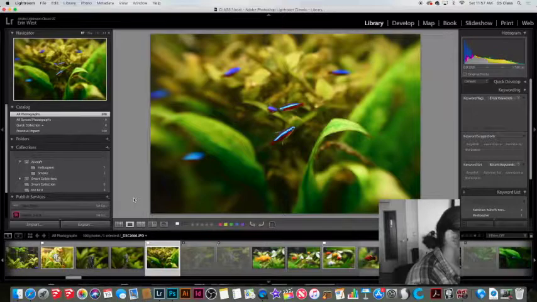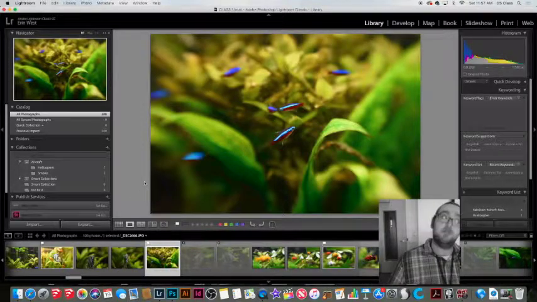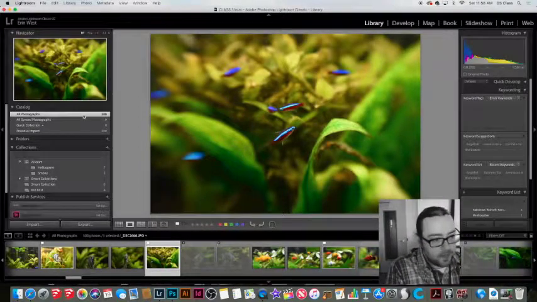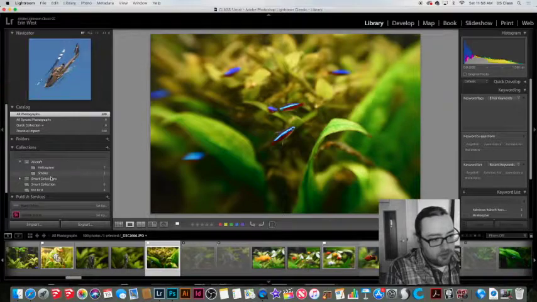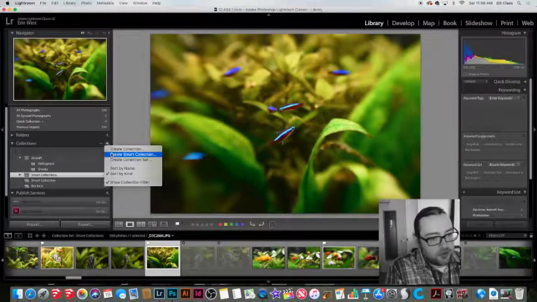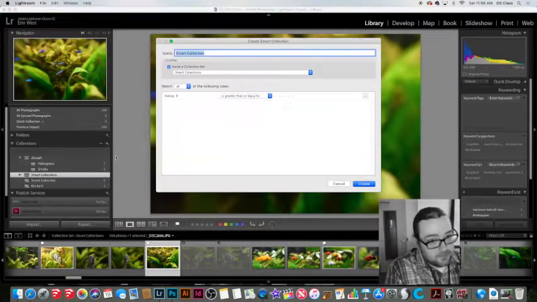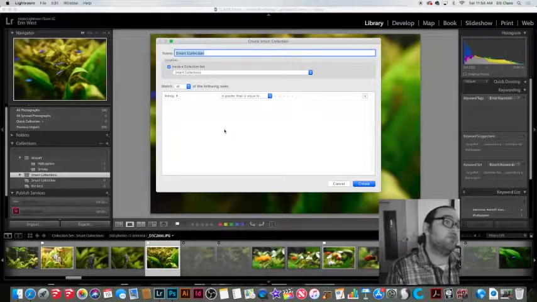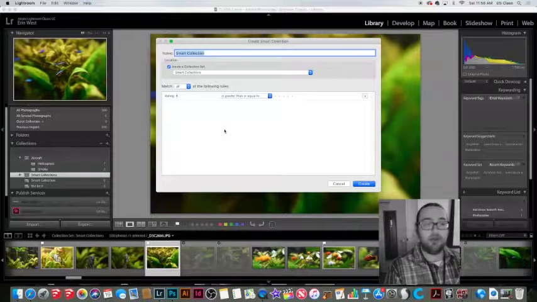There's also a way to hide them, so you don't even see them anymore. And there's a way to delete them too. So I'm going to try to get to as much as I can. But smart collections real quick. If we go over to that, let's create a new smart collection. And you'll see there's a lot more options for creating a smart collection. In fact, you can give it dozens of rules if you want. You can get very specific, although we've really only got one to work with. So we're going to call this